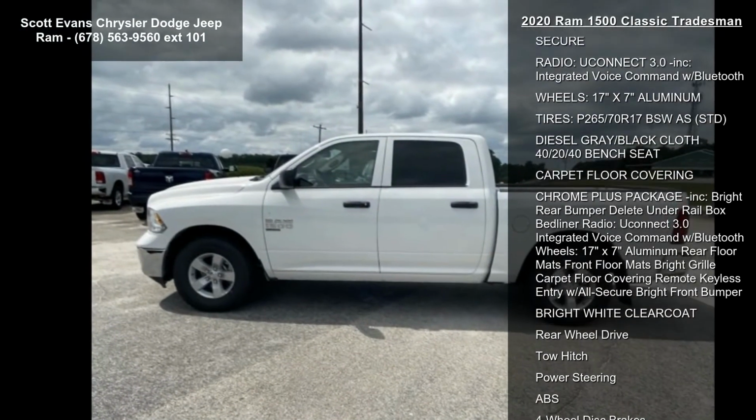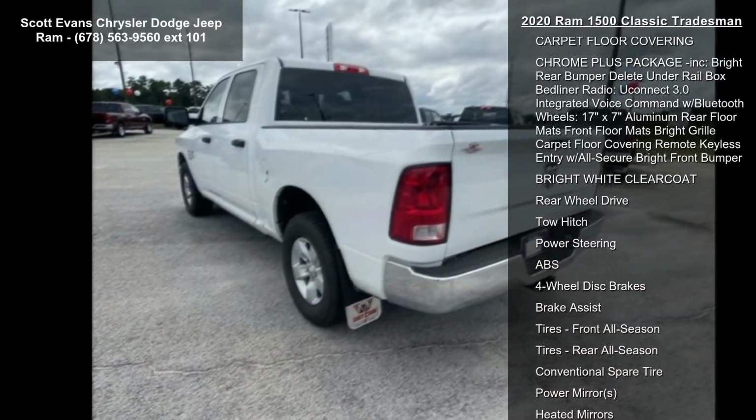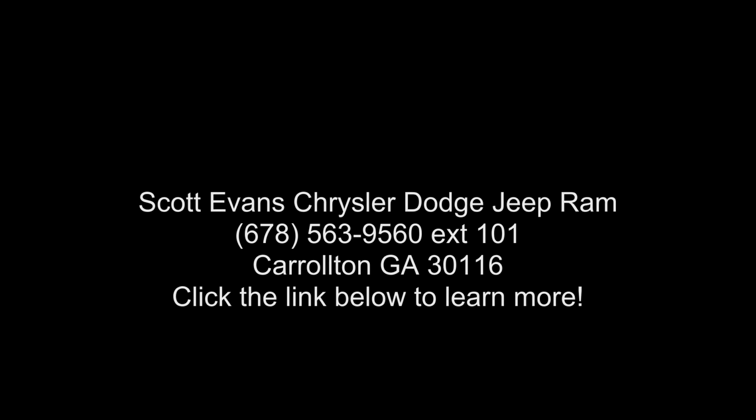voice command with Bluetooth, wheels, 17 inches x 7 aluminum, and tires, P265/70R17 BSW AS, STD. If you are looking